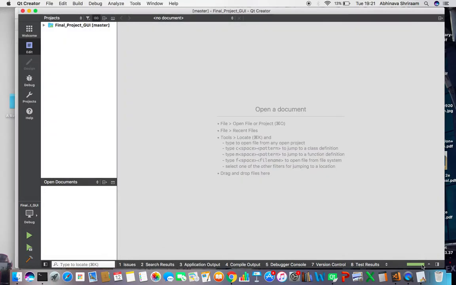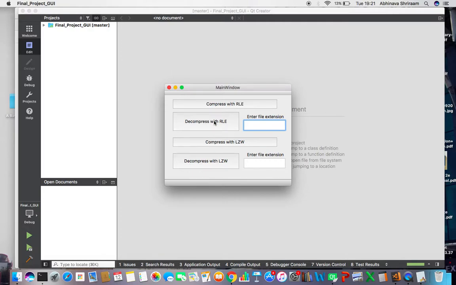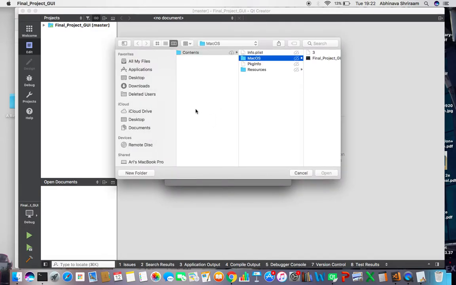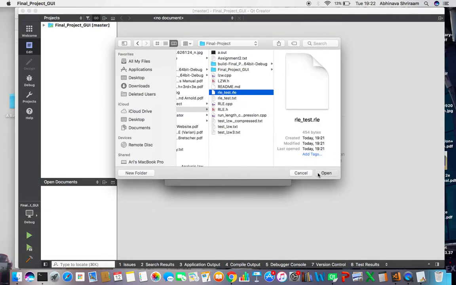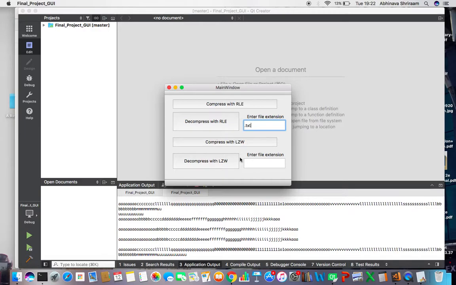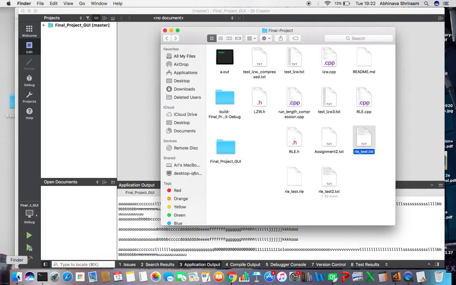I also implemented a decompressor, so if I choose to decompress with RLE, first I need to enter the file extension of the original file, so it knows what kind of file it's dealing with. I considered implementing it with metadata, but then it ended up being too complicated for me to implement. So we pick the file rletest.rle. It's decompressing,